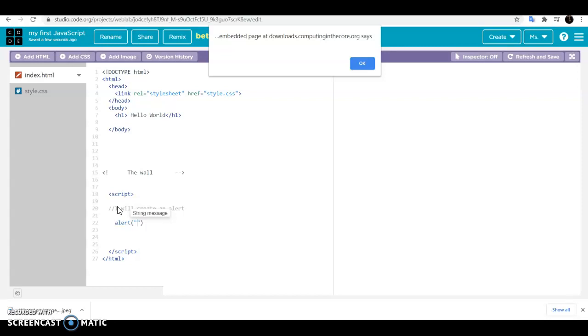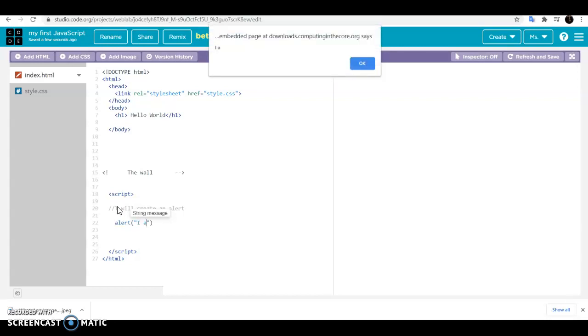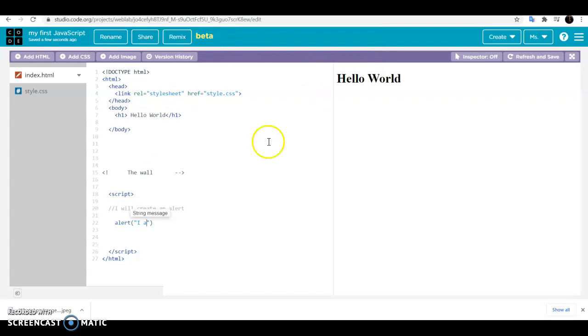saying, it's popping up every time I'm trying to type it in. So what I might do is just comment it out while I'm typing it in. So I just made up an alert there saying, and say hello,